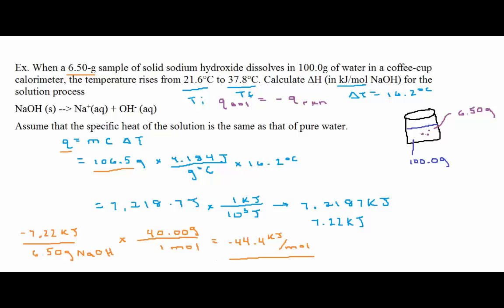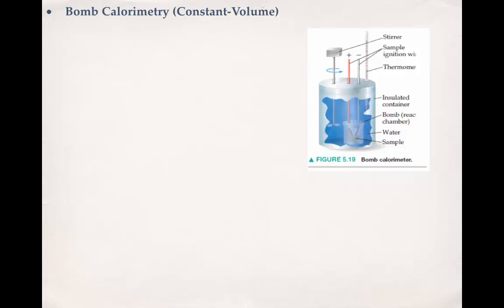going to be released. The second type of calorimeter is a bomb calorimeter, and in a bomb calorimeter the volume is kept constant. So if you look at this mechanism right here, what you have is one container inside another one. That container, which didn't exist in coffee cup calorimetry, is called the bomb. It's the reaction chamber where the reaction occurs. So what happens is that you put a sample into the bomb, into the reaction chamber, and you fill the